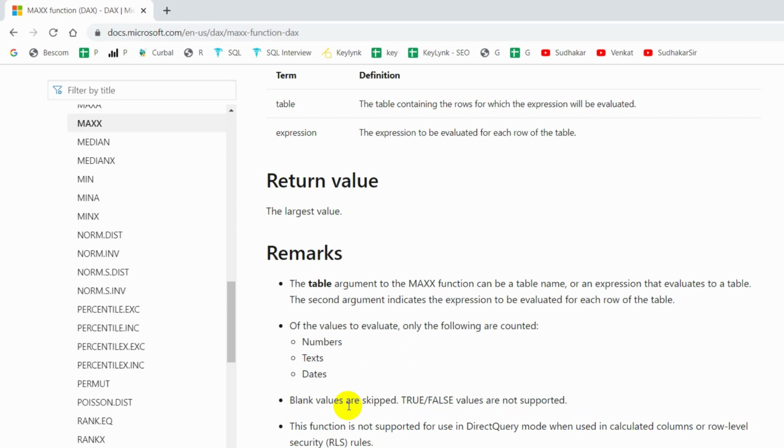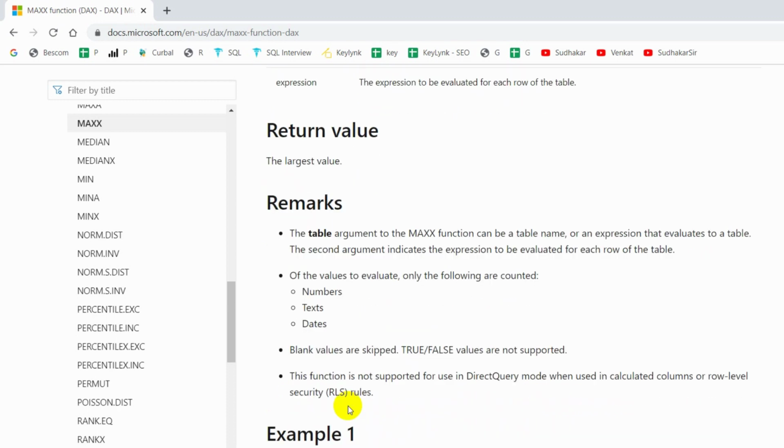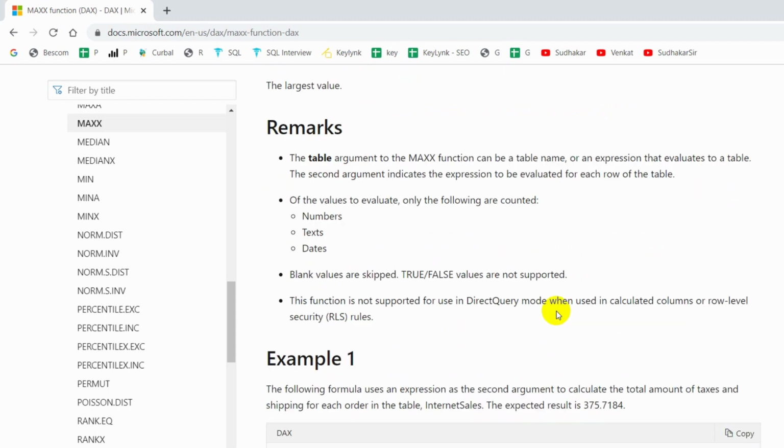Blank values are skipped. True/false values are not supported. If you want to work with true/false values, you need to go for the MAXA function. This function is not supported in DirectQuery mode when used in calculated columns or row level security rules.